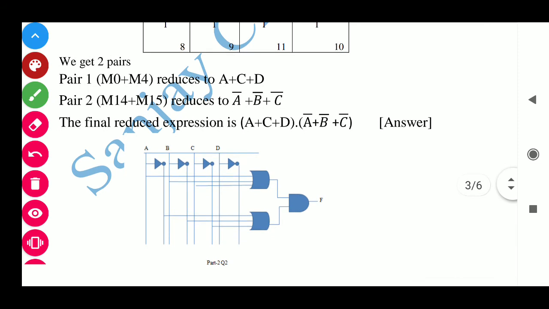See now this one. I think it is clear. So in this way you can solve the question. One question comes for SOP and one question comes for POS. That is 4 marks for K-map, 1 mark for logic diagram. So 4 plus 1, 5. Again for POS, 4 plus 1, 5. It becomes 10 marks.